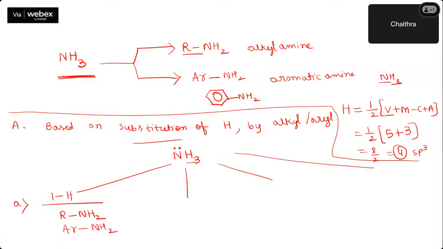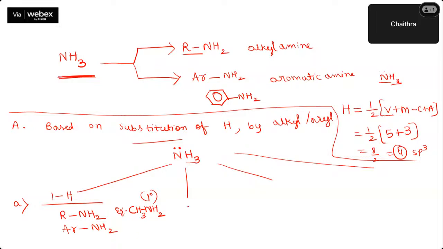Okay, students. Now you see, nitrogen is directly attached to how many carbons here? Here, it is directly attached to one carbon. Okay, let me write an example, then you will understand in a better way. I am writing CH3NH2. Now, can you tell me nitrogen is directly attached to how many carbons here? It is one carbon, right? So, this is called a primary amine. If nitrogen is directly attached to one and only carbon, then you will call it a primary amine.